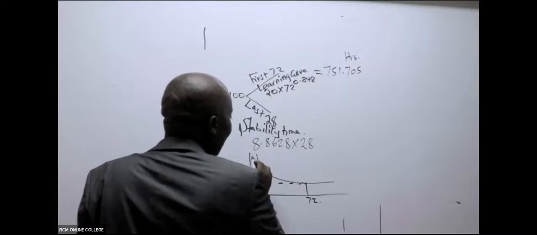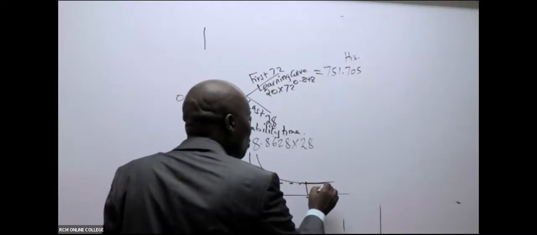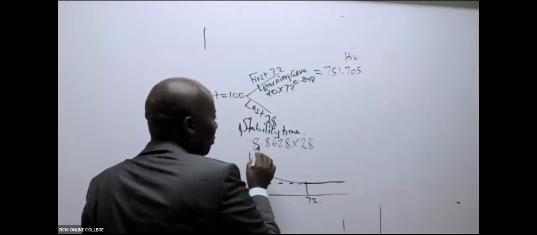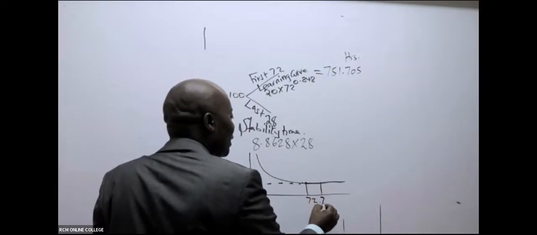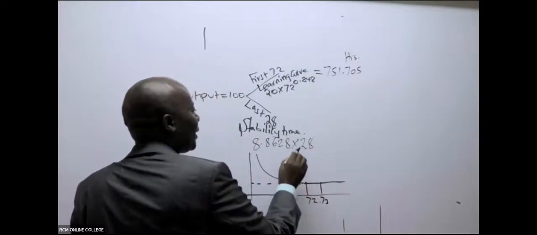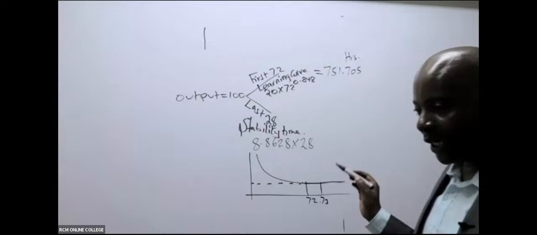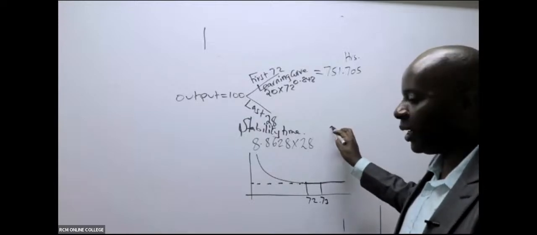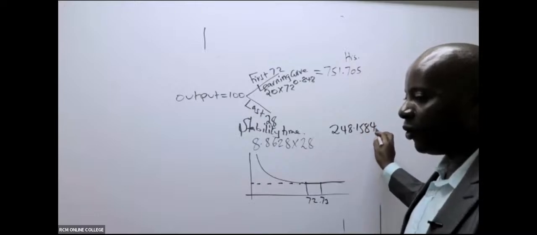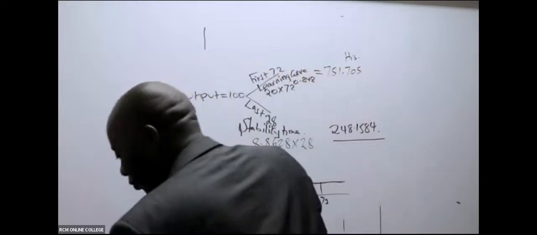So in this case here, up to unit 72, we apply the learning curve. But after the 72nd unit, now here we have stabilized. So if we stabilize at this 8.8 something, meaning that 73 will also be 8.874. So in this case here, the last 28 units, there is no learning. If there is no learning, then we shall be able to use this 8.8 something, where I'm now being given 248.1584. And therefore, the total time for 100 batches